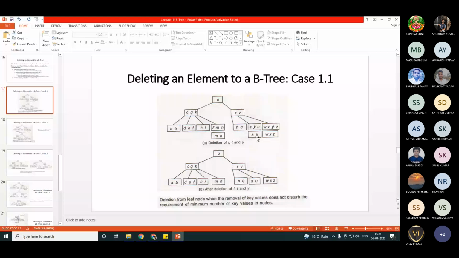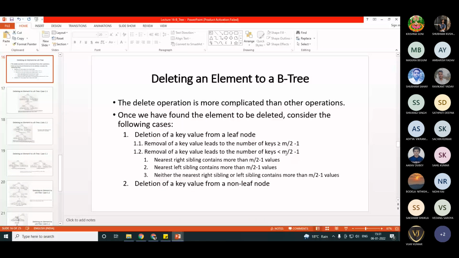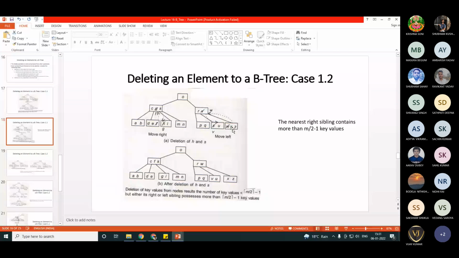But in case 1.2, when it becomes less than the minimum, you see that the nearest right sibling contains more than m/2 minus 1 values, because this has only one node but that one contains 3 nodes. In that case, you do one left rotation, push W to the root node and V to the child node.